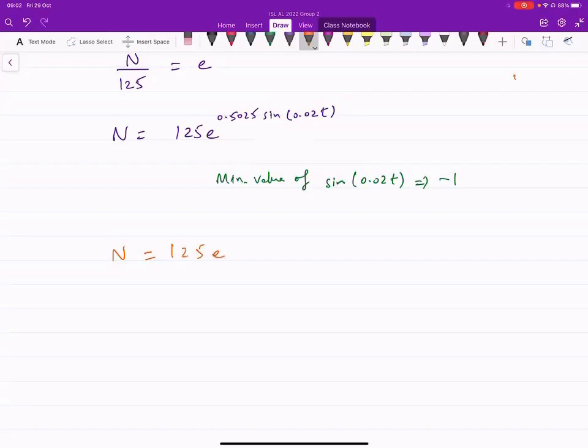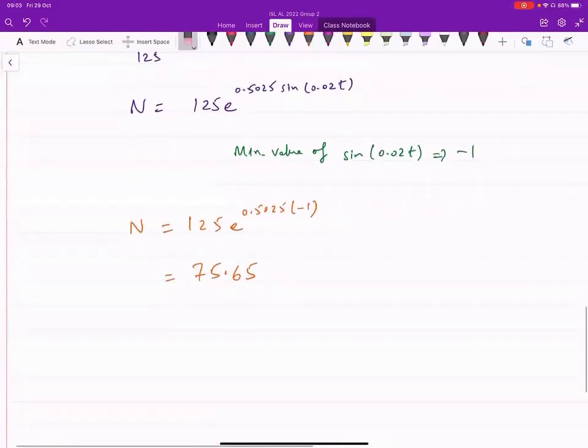125 e raised to power 0.5025 into -1, and you just evaluate what you get from this. Okay, what do we get? Yes, so you get 75.65. That is the least possible value of n in this. But in most problems like these,